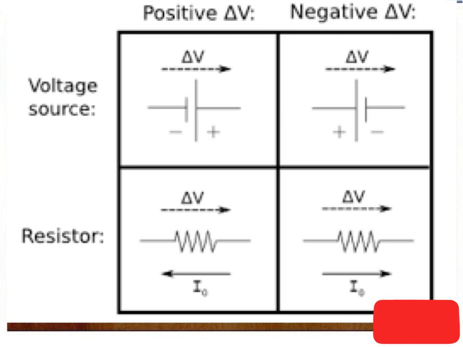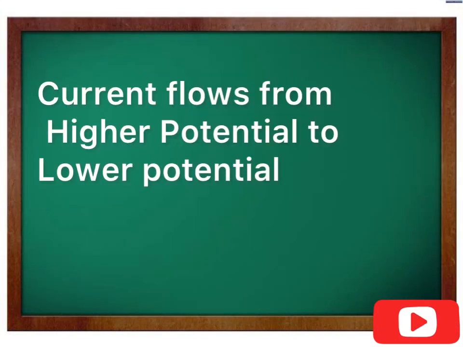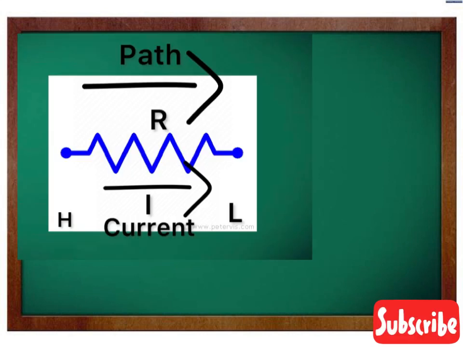Now everyone is aware of this thing, that current always flows from higher potential to lower potential. If anybody doesn't know, you can note it down. So suppose you have one resistance network or resistance branch, and there is a direction of current you are showing. That can be in straight direction or opposite direction. I am showing here in an example. So whatever the direction of current, this direction is always from higher to lower.